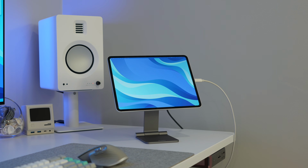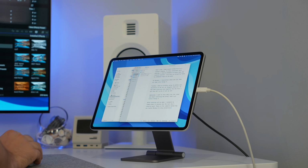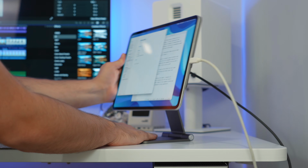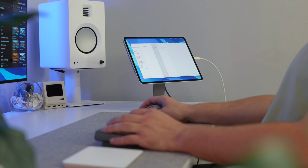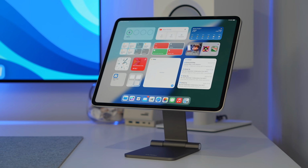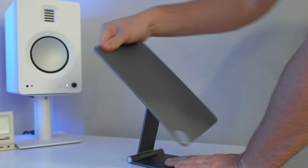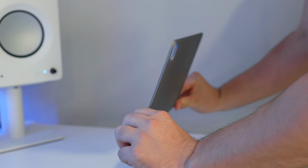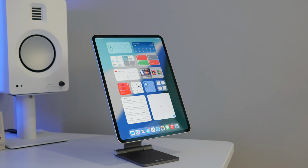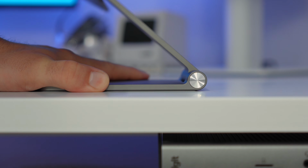One of my favorite use cases for the iPad Pro is hooking it up to my Mac via Sidecar to use as an additional screen. And this next accessory is about to up that experience with the Kuxiu X33 Pro Max iPad magnetic charging stand. The stand is made out of aluminum, which brings a really nice build quality that matches the iPad Pro. And the magnetic back panel supports both vertical and horizontal adjustments up to 90 degrees. You can rotate it a full 360 degrees, and the base of the stand can be adjusted up to 90